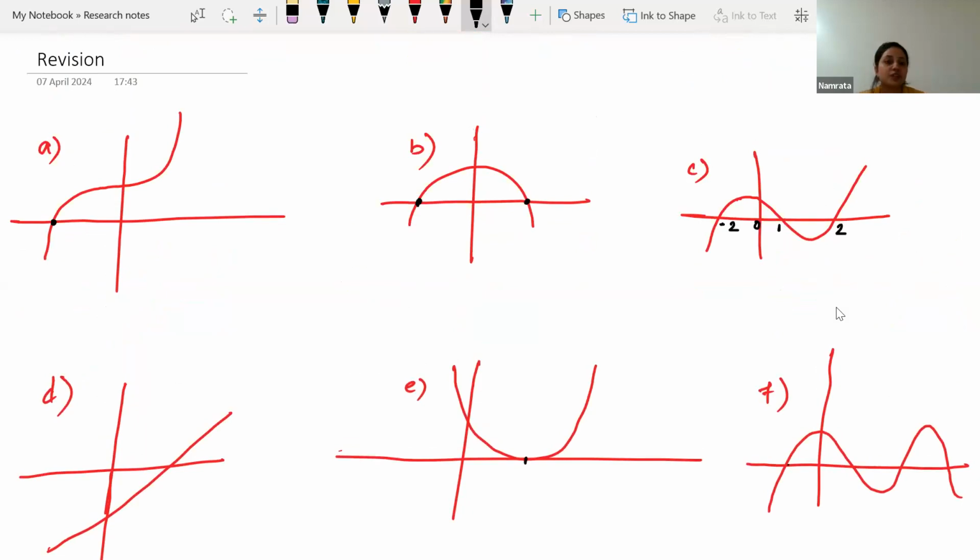So this is how we will identify the number of zeros. Wherever the graph is touching the x-axis, those are called the zeros of the polynomial. Now, if we take this question,